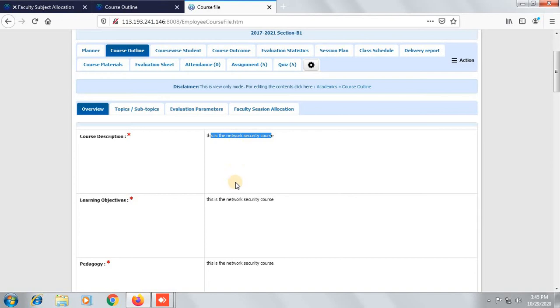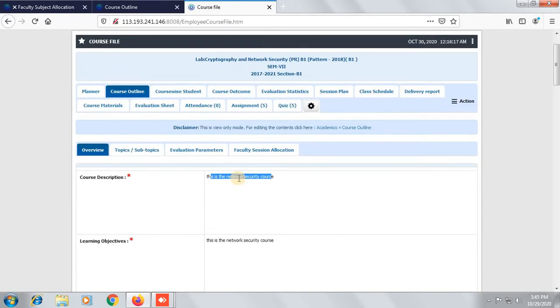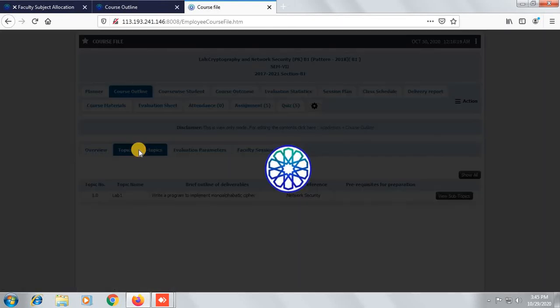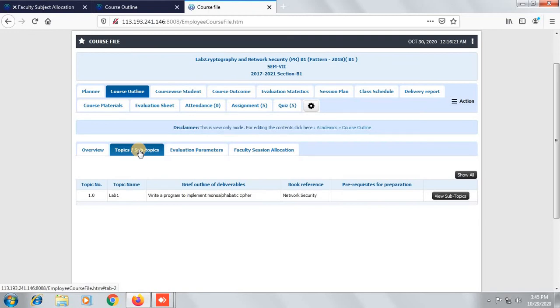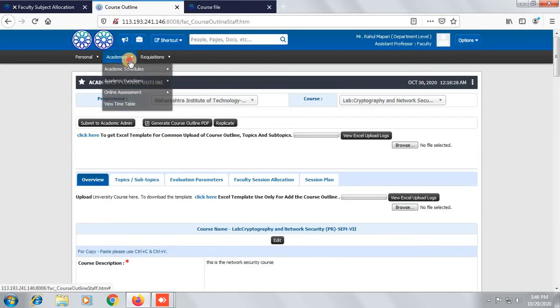Now the next point is we want to fill topics and subtopics of this particular course. From the course file we can only view topics and subtopics. If you want to insert or fill the topics and subtopics for your course file, then we again go to the previous option, that is the academics menu, course outline.